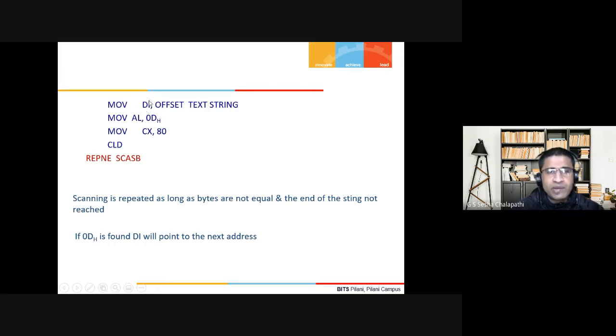It will check 80 bytes in this text string, or repeat till it is equal. So this loop will continue until you find a byte which is 0D or 80 characters are compared. Whichever happens first will be exited.